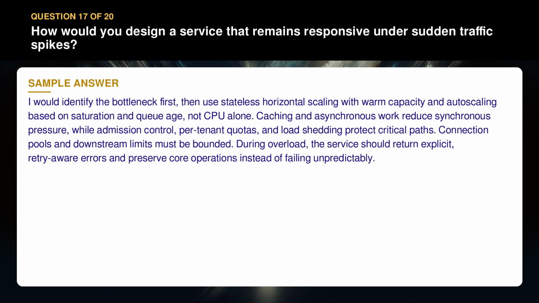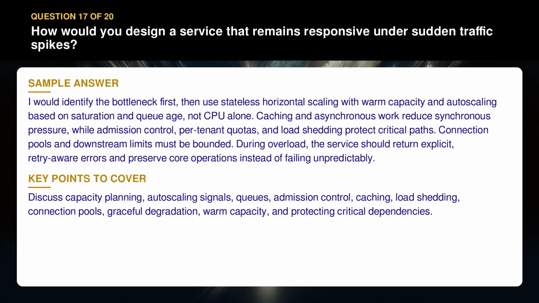Caching and asynchronous work reduce synchronous pressure, while admission control, per tenant quotas, and load shedding protect critical paths. Connection pools and downstream limits must be bounded. During overload, the service should return explicit, retry-aware errors and preserve core operations instead of failing unpredictably. Discuss capacity planning, autoscaling signals, queues, admission control, caching, load shedding, connection pools, graceful degradation, warm capacity, and protecting critical